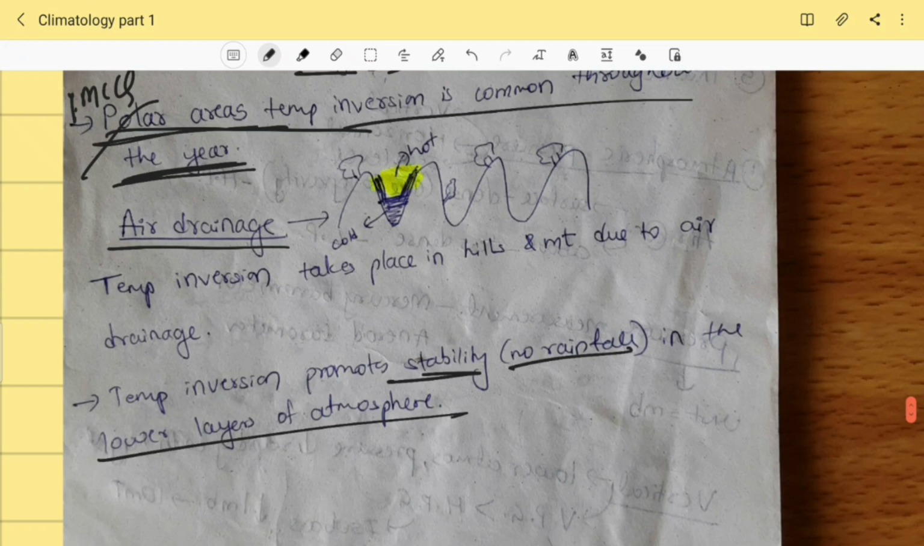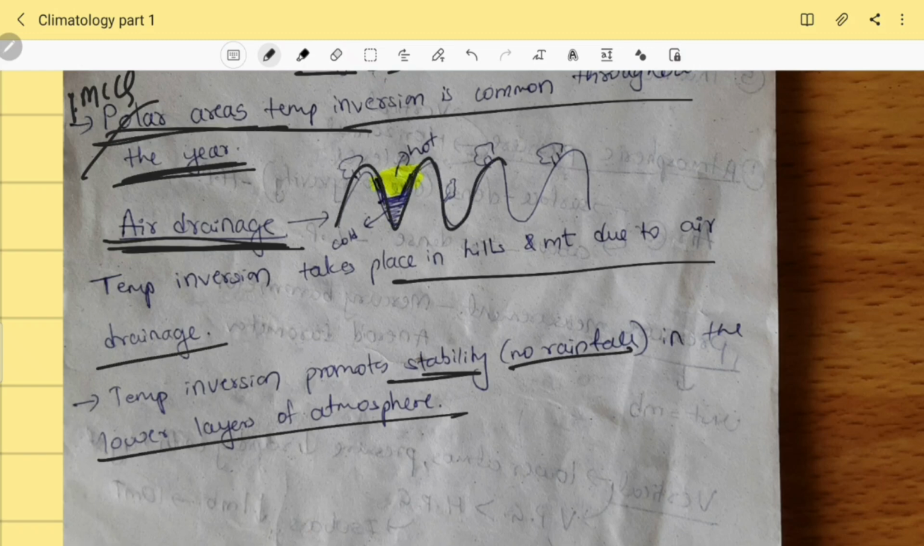Now let's see the last topic, that is air drainage. Temperature inversion takes place in hills and mountains due to air drainage. Okay, so what is air drainage? See, you have mountains here, and this area is called the valley area. Okay, we know. So what happens is, say in the night, these mountains start emitting their heat,